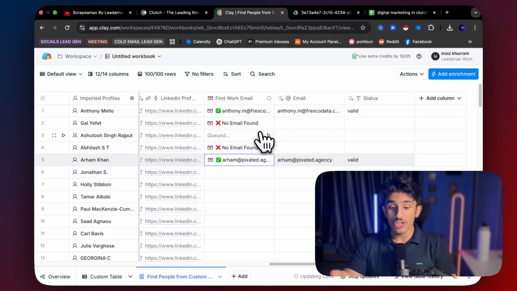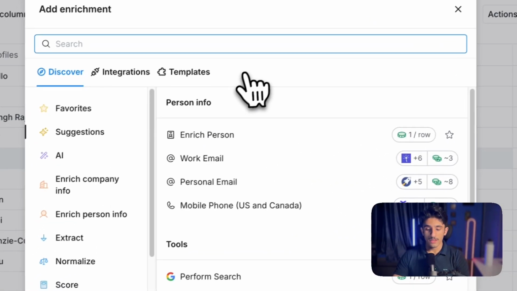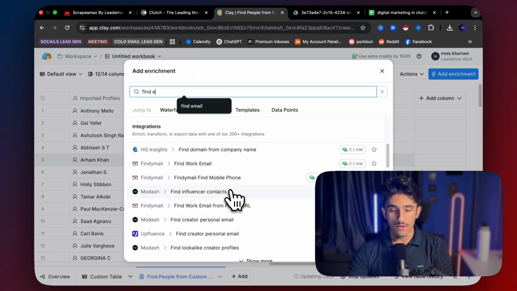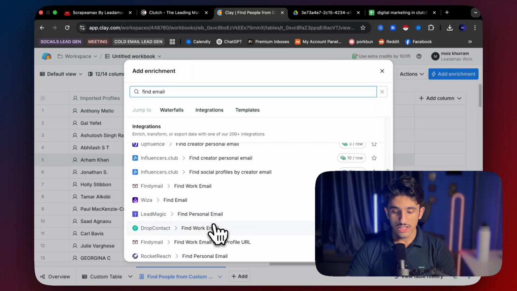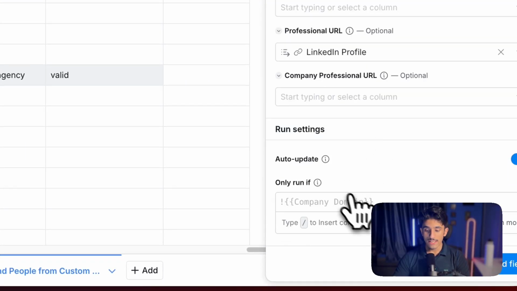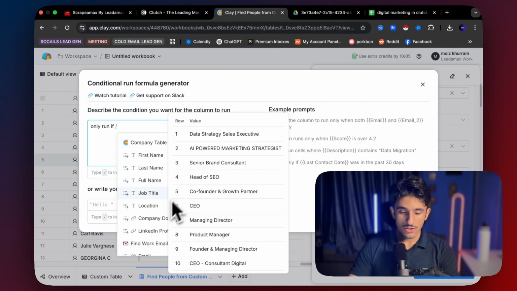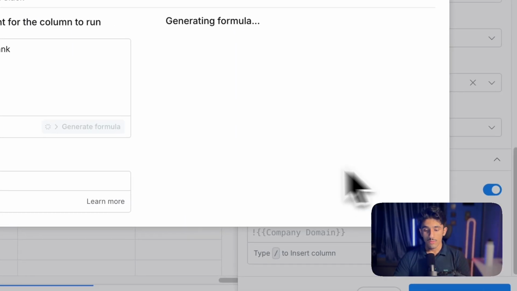As you can see, for those where it's not going to find, let's suppose for this one and this one, it hasn't found it. What I'm going to do, I'm going to click on add column, add enrichment, and I'm also going to run another waterfall function. So find email, and I can use, let's say, DropContact. This one, I'm going to use that one, and I'm going to basically add a formula. I'm going to write only run if email is blank. So this way I can just save credits. So we're going to generate formula,